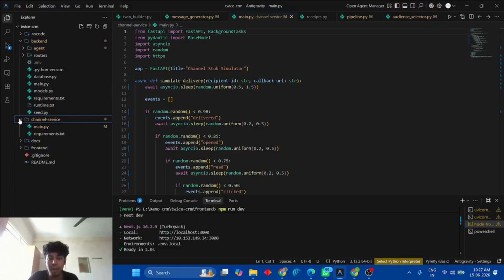The channel service is a completely separate and independently deployed service. So it's not part of the CRM. The only job of the channel service is to simulate real-world messaging. For example, let's take Twilio. When the CRM fires a campaign, it sends each message to the channel stub via an HTTP request. The service does not actually deliver anything. It simulates what would happen in the real world. It waits for a random delay, then fires a callback back into the CRM, which then marks it delivered, opened, and